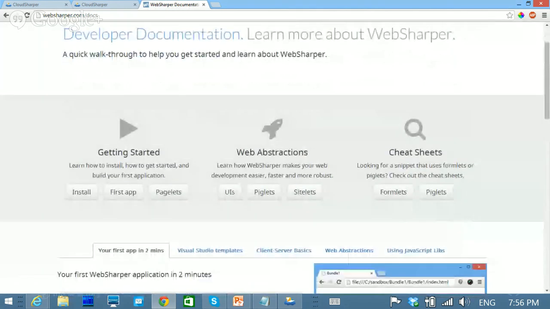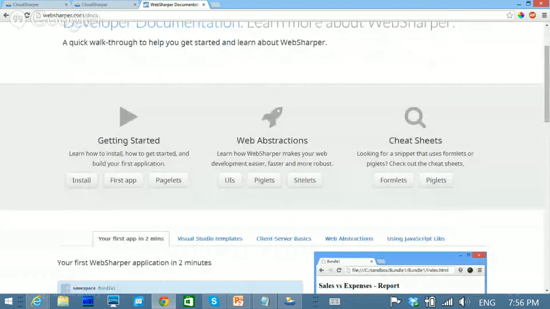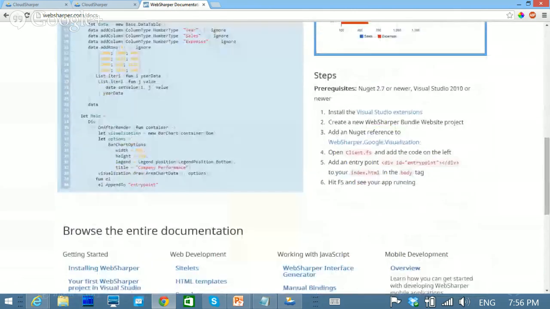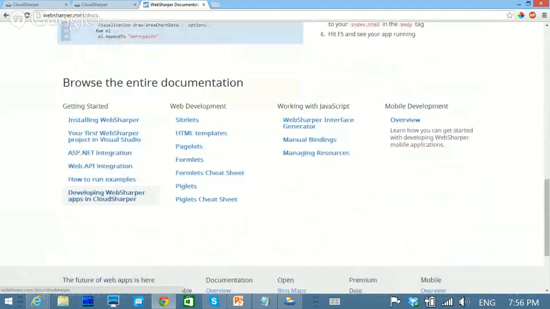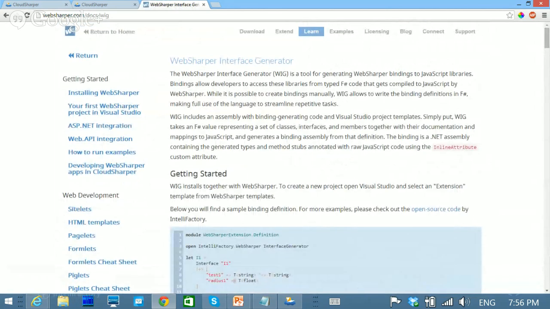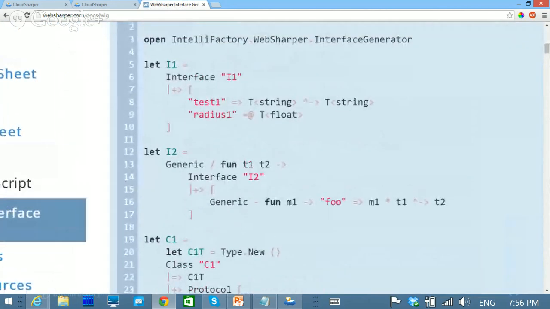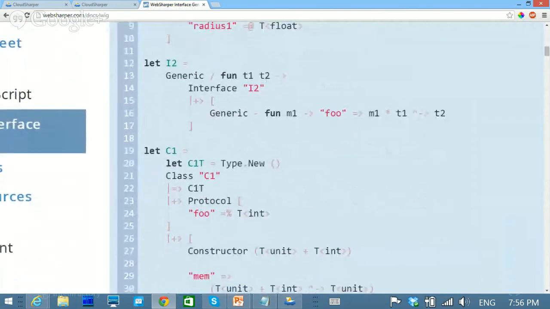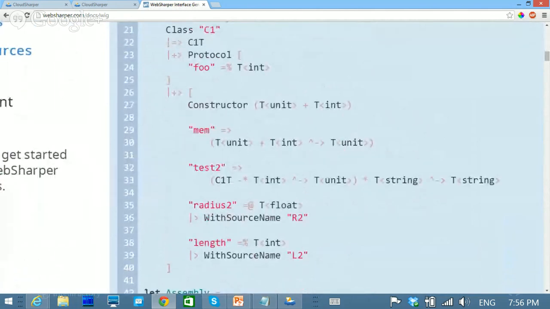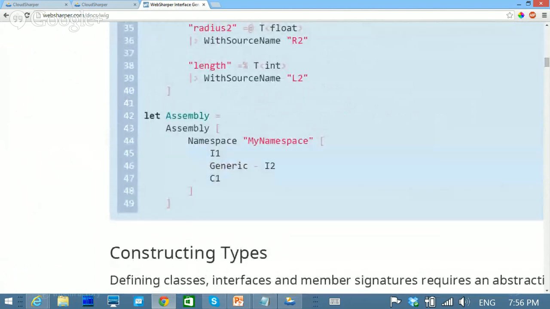If you go under Learn, you can learn about pagelets and piglets and UIs and formats and all that cool stuff. Then there are a couple of sections about getting started, and what you're looking for here is working with JavaScript. WebSharper Interface Generator is an embedded DSL that allows you to write F# code for a JavaScript API. So here's an imaginary JavaScript API that has an interface with two functions, a constructor, and different members and a protocol, and then you put the whole thing in some